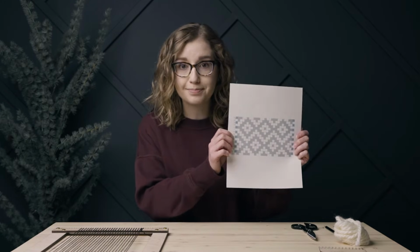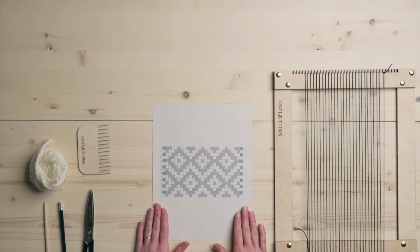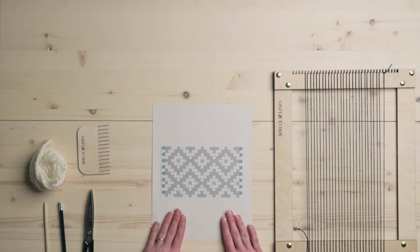I'm Janelle, and today I'm going to show you how to weave this beautiful diamond twill pattern. So let's get into it. This is definitely a more advanced technique, so don't worry if it seems a little bit confusing, but I'm hoping